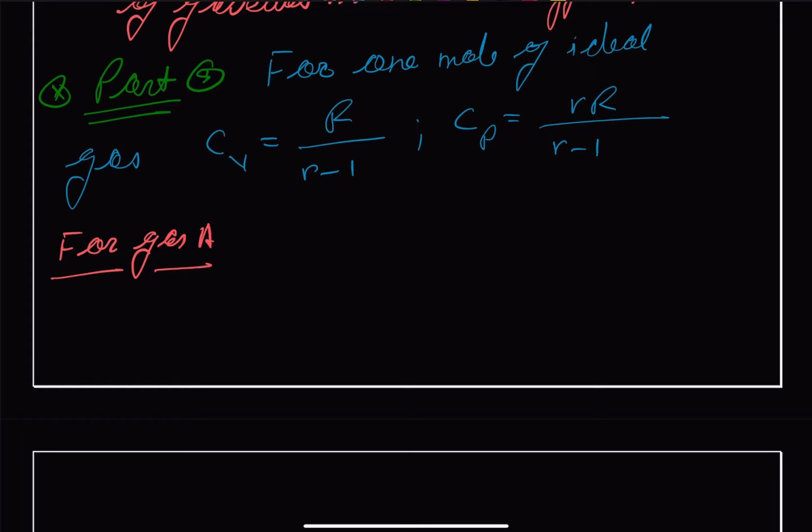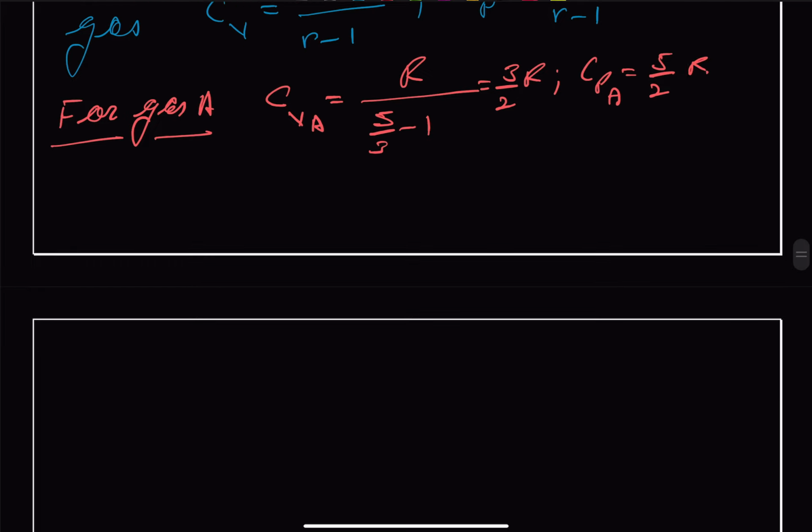we can say that our C of V for A will be equal to R, gamma is given to us, that is 5 by 3, minus 1, and this comes as 3 by 2 times R, and we can write our Cp for A will be equal to 5 by 2 times R,